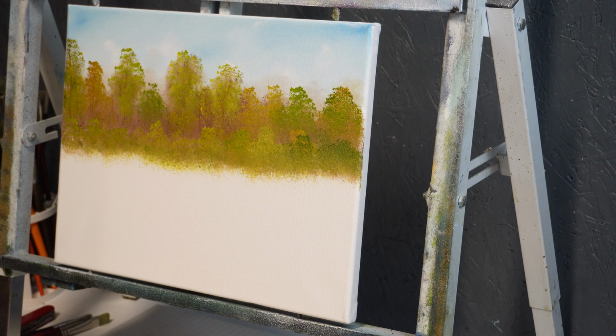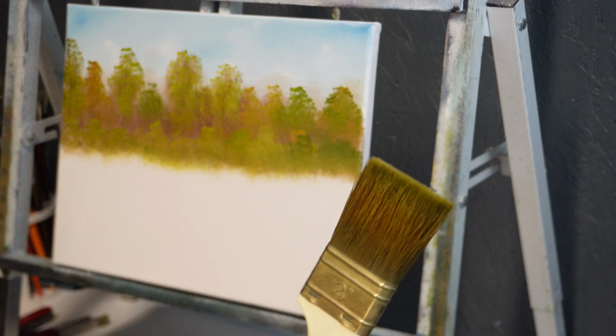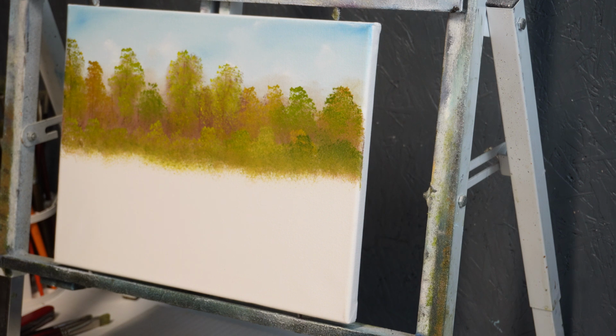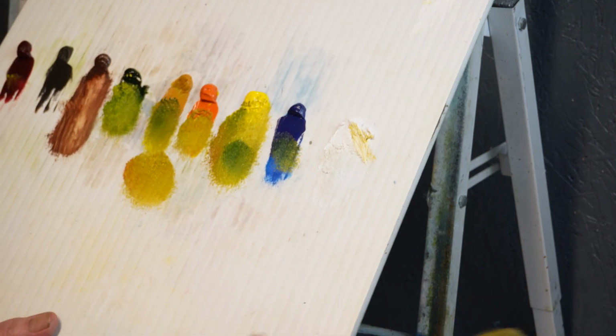But now, I'm not going to try to do most of this with the knife. I'm just not going to try it. I'm going to try to do little brushes, because I think I'd have a lot more detail that way. But what I am going to do, I'm going to use a 2-inch brush. And all I'm doing with it is right here